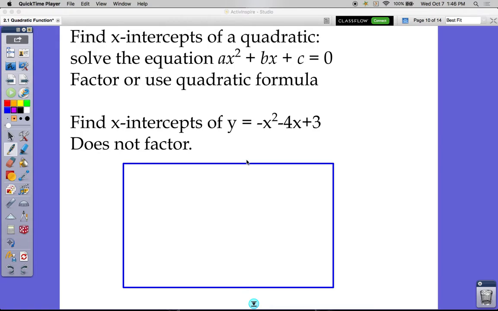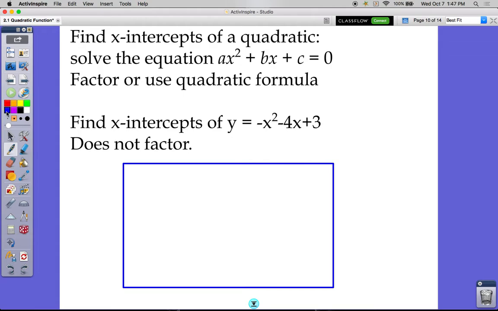Another thing you might want to find to help you graph or sketch, or just another part of a quadratic equation that is often helpful, are the x-intercepts. Now keep in mind, not every quadratic will cross the x-axis. So then we get to other types of answers and other types of solutions or x-intercepts that really aren't x-intercepts. We'll talk about that in a future chapter, but for now, we're going to mainly work with the ones that